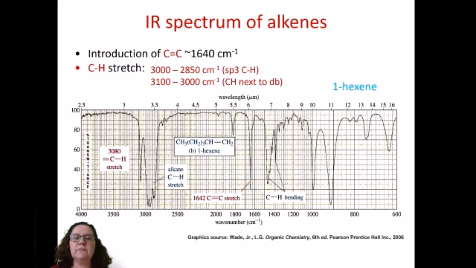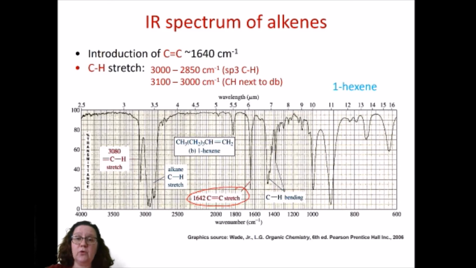Alkenes have at least one carbon-carbon double bond, and that tends to appear at around 1,640 inverse centimeters. So it's worth keeping an eye out for that. They're also going to have carbon-hydrogen bonds, and they are going to be of two types. You're going to have the carbon-hydrogen bonds that are related to the sp3 carbons, the carbon single bonds, because unless